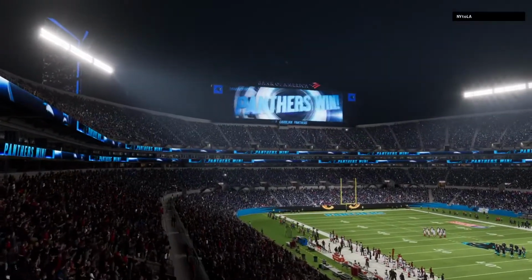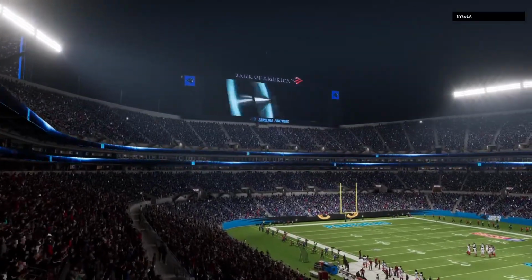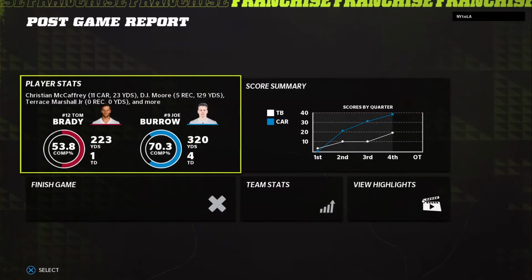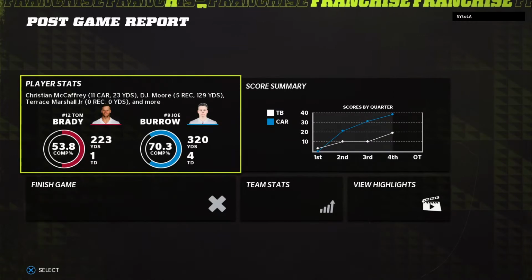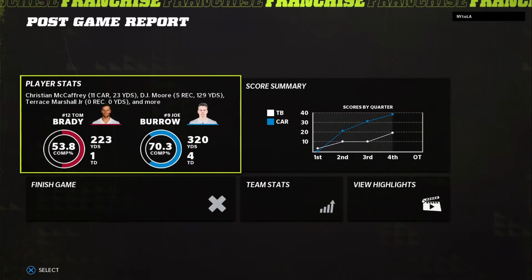So for the Panthers, they begin the new campaign with a victory here in front of the home crowd in the Thursday opener. And they'll get a few extra days to savor this one before they take on the New Orleans Saints. Meanwhile, for the Bucs, they obviously fall to 0-1 with the defeat. And they will be